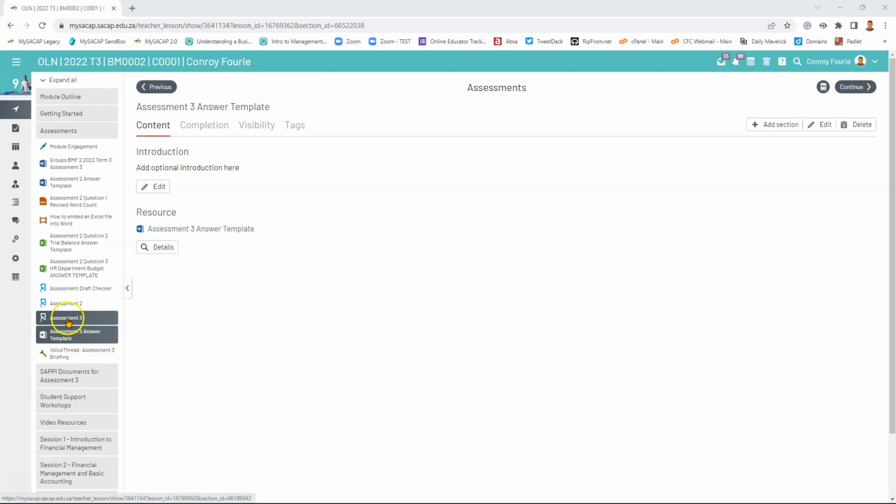So firstly, assessment 3 is where you will upload. I've got an assessment 3 answer template that I would please ask you to use. That is APA formatted, and it gives you all the headings, which I suggest you keep, but if you want to change the wording, it's also okay, but I would suggest some structure like that.